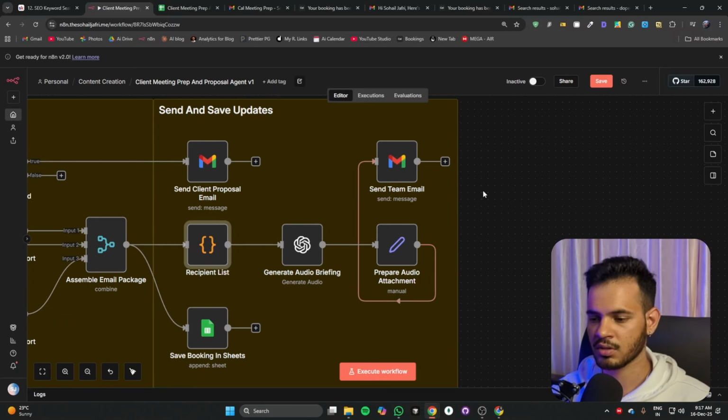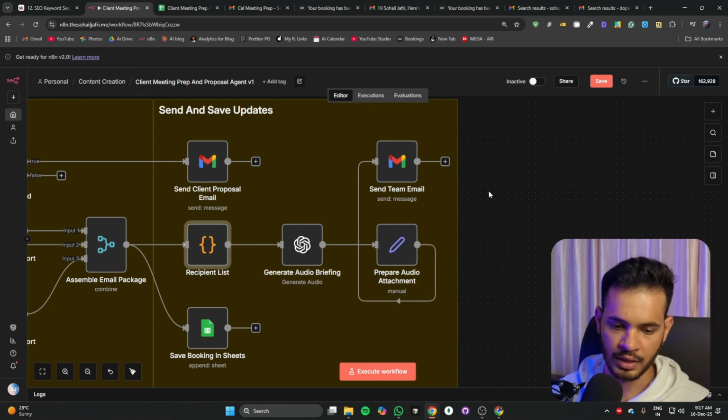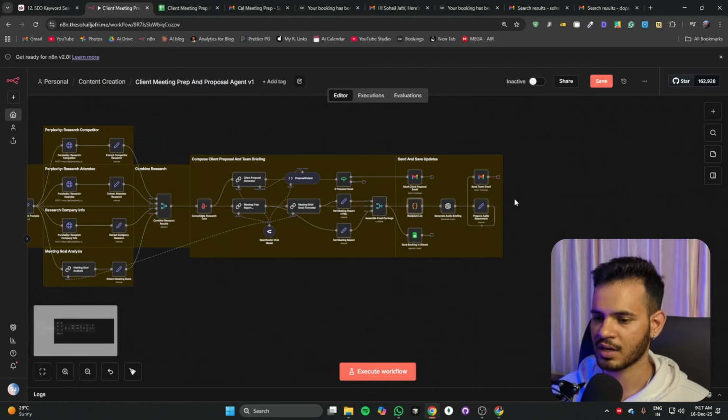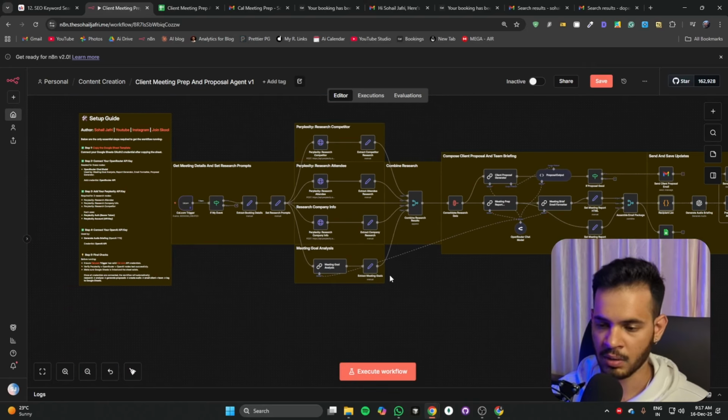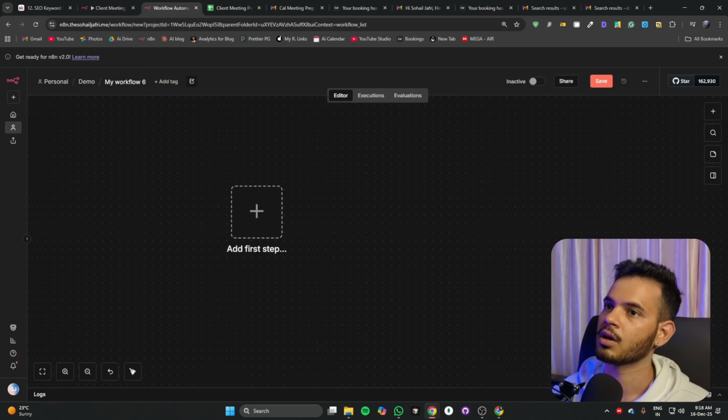So that was a small explanation of how this entire automation works. Now we will start building it, and it won't take very long, because I will be explaining the important nodes, not the entire workflow. So we will do it very quickly, and let's start building. So let's start. Firstly, we will be listening to any event that happens